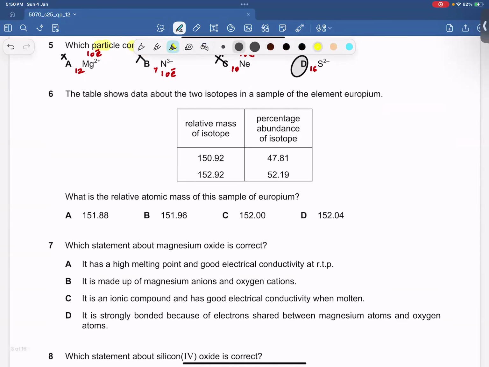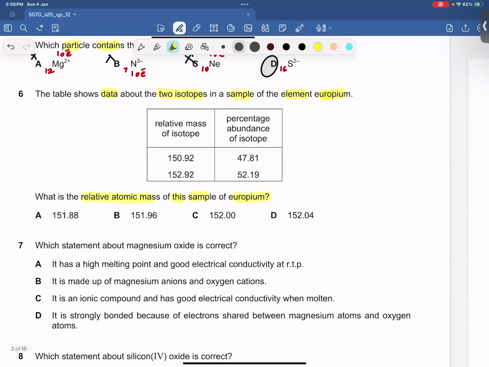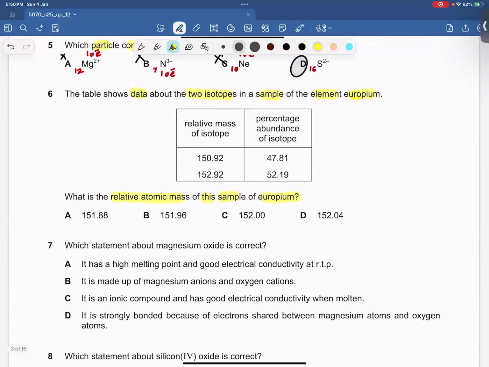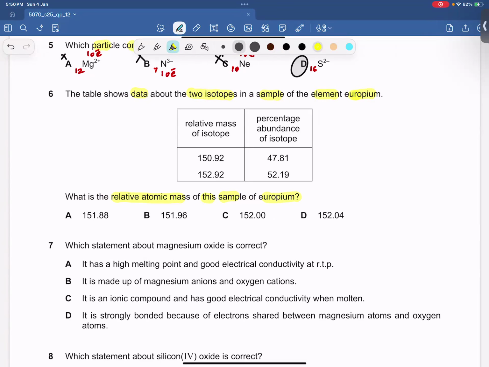The table shows data about the 2 isotopes in a sample of the element europium. What is the relative atomic mass of this sample of europium? Well, in a previous video, I have given you the whole formula so that we can find the Ar of any element by using the isotopes and their relative abundance. I'm going to apply the same formula here. We need to find out the Ar of europium. The mass of the first isotope is 150.92